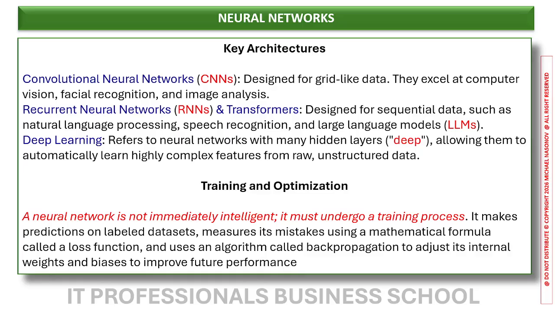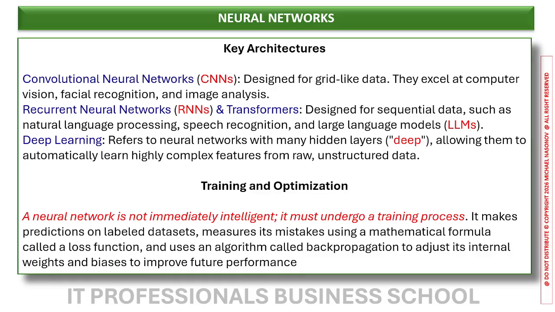Key architectures: CNNs, or convolutional neural networks, designed for grid-like data. They excel at computer vision, facial recognition, and image analysis. RNNs, recurrent neural networks, and transformers, designed for sequential data such as natural language processing, speech recognition, and large language models, so-called abbreviated